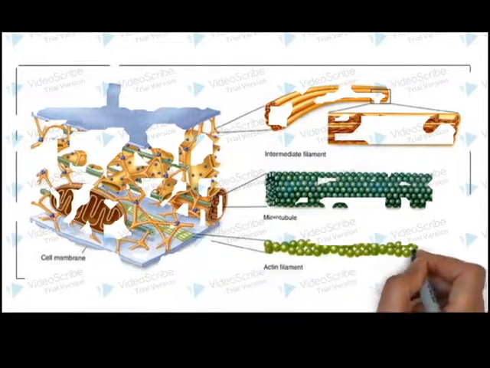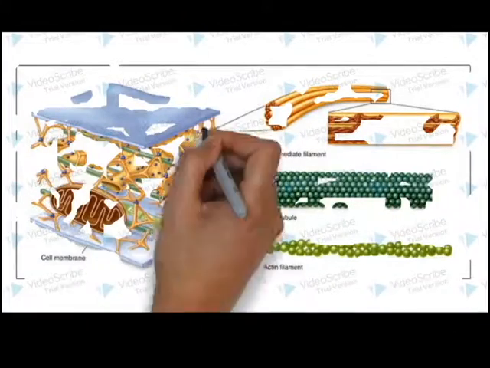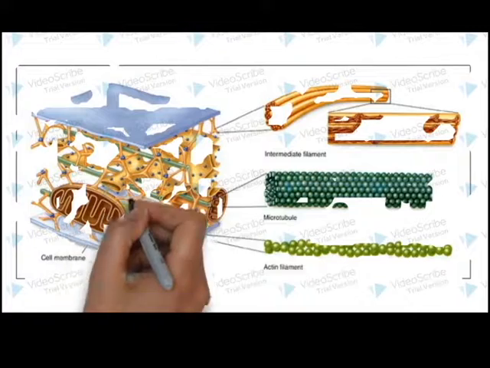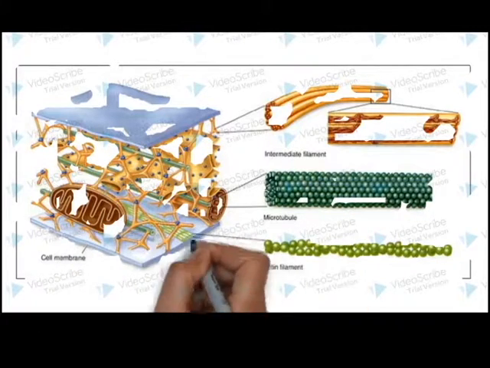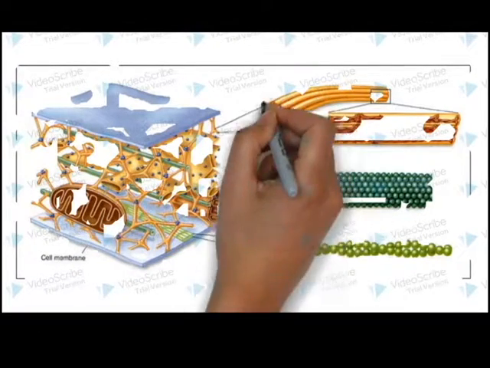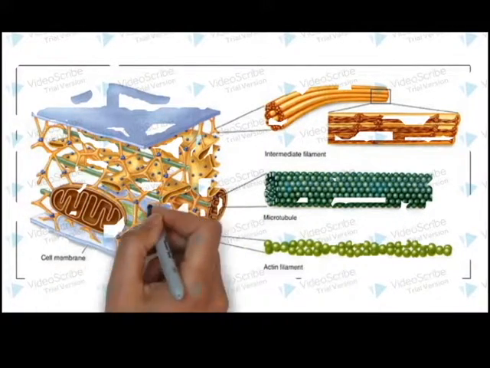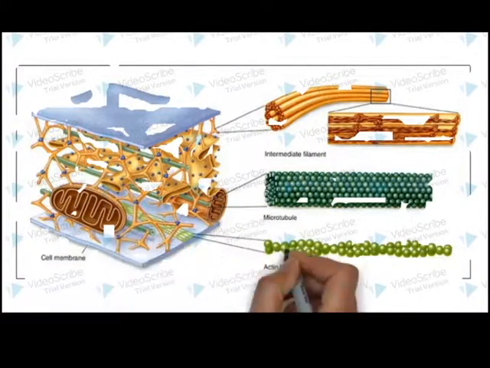Then there's the intermediate filament. These are mainly used for the structure of the cell. Lastly, the microtubules are used for the structure, but are also used in the separation of cells and cell division. They are also the paths of transport through the cell if larger chemicals are being